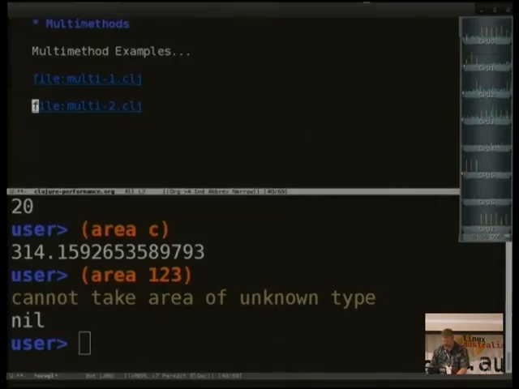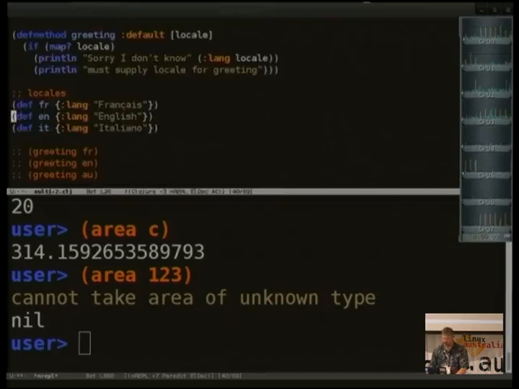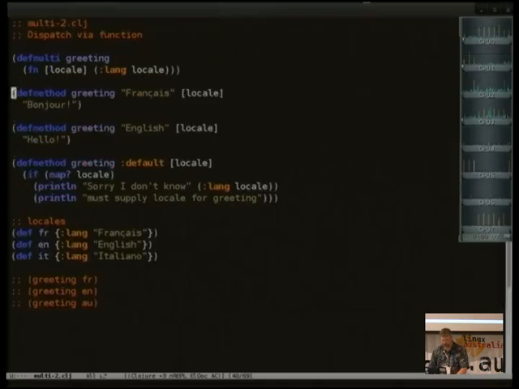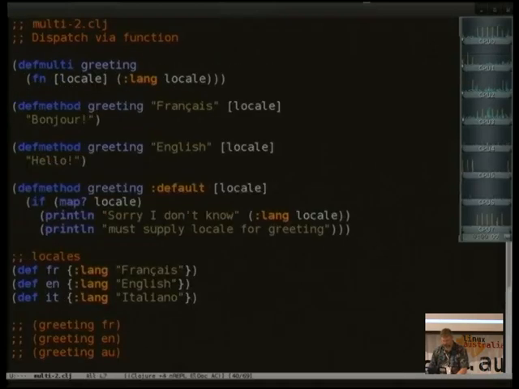So now, that was an example of dispatching on type. Let me show you a different way of doing multi-method dispatch. This time, let's dispatch using a dispatch function. Here I have a multi-method called greeting, and I'm going to dispatch based on the locale of the greeting. So I have a greeting for French, one for English, and otherwise I will say I don't know how to